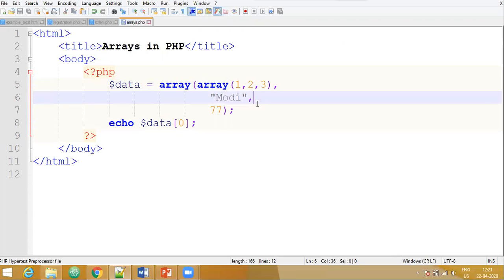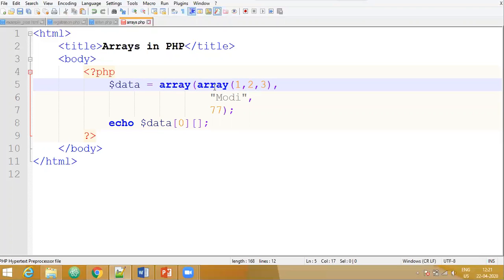For that, we have to give two indexes because it is a multi-dimensional array. The first index belongs to the first array. So we are trying to access the value that is at index 0 in the first array. So this is the index 0 in our first array.